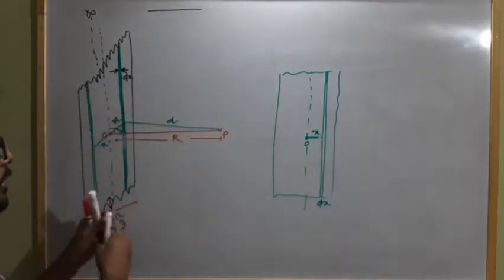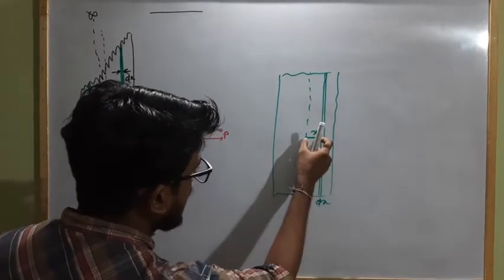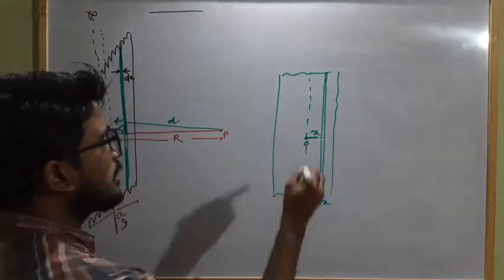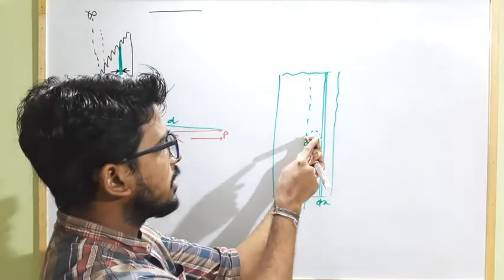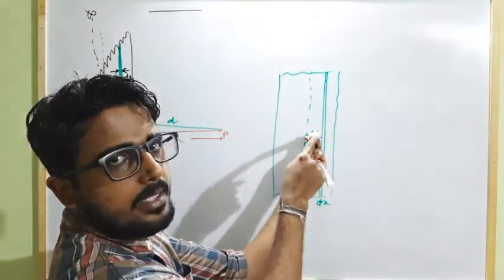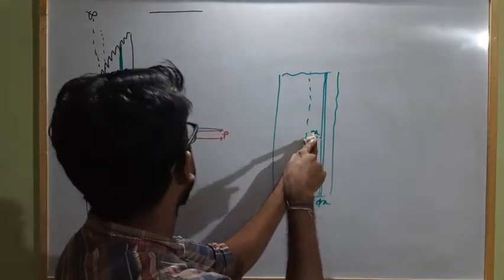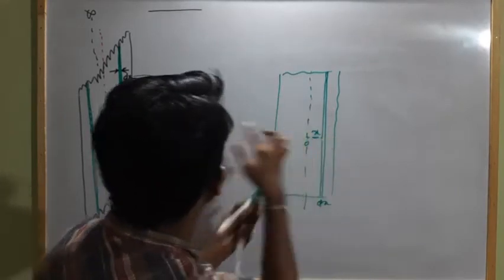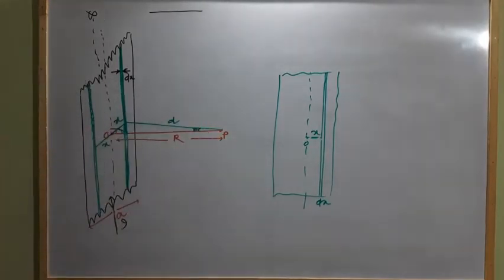Now imagine this is the point O and here is the segment of thickness dx, at a distance x to the left of this infinite thin sheet. This is the line OP, where we have to find the net magnetic field strength due to this infinite sheet. So this distance is x, the perpendicular distance is r, and from this strip to the point, the hypotenuse distance is d. Let this angle be theta. Clear?